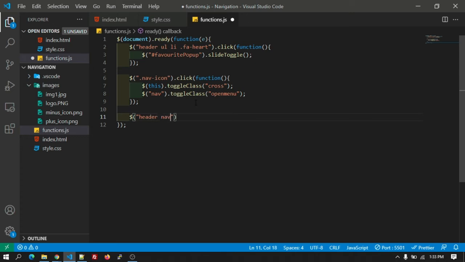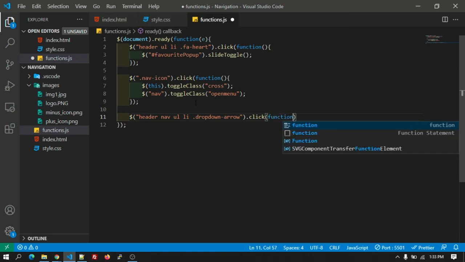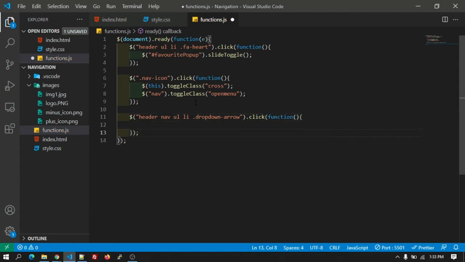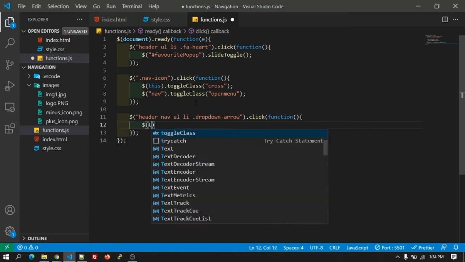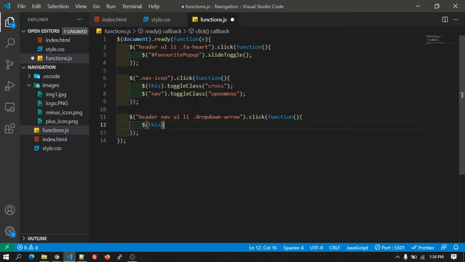Header nav ul li dot dropdown arrow dot click and the function, and for that we are going to add the class saying toggleClass, and it will be dropup arrow.